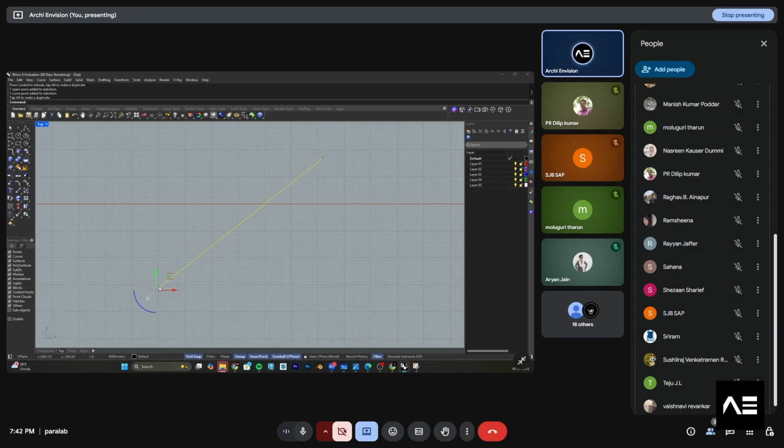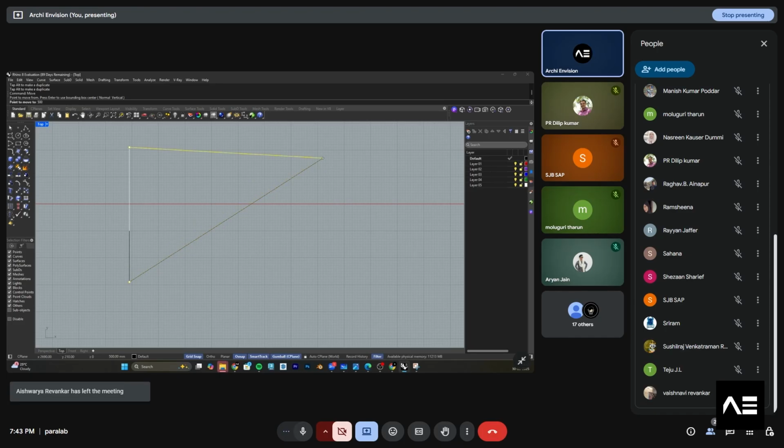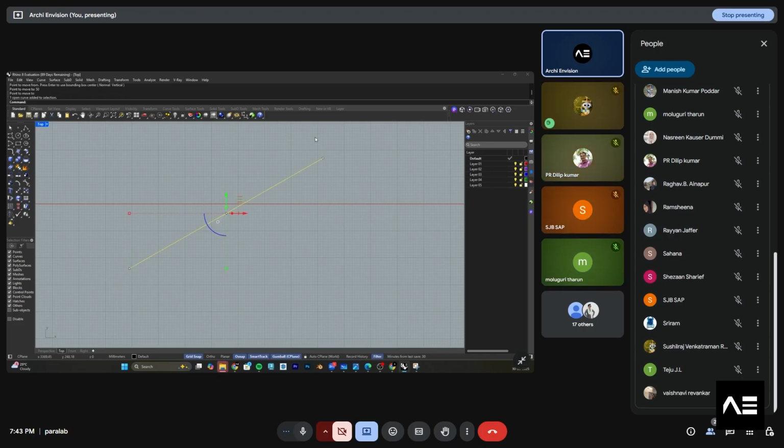Either I can move it using the gumball like this, or I can type the command move. For example, if I want to move it 5 units, I type 5, or 50, or 5,500. Likewise, I type the units and can move it.